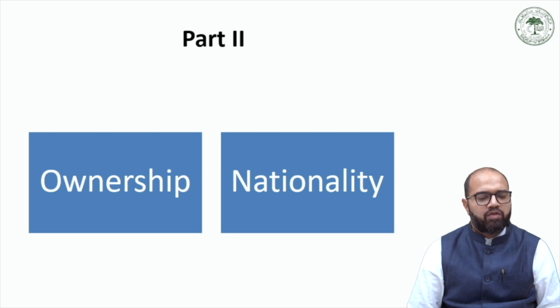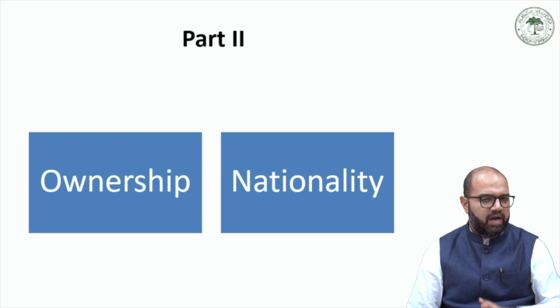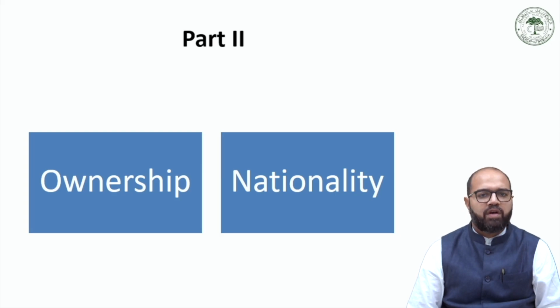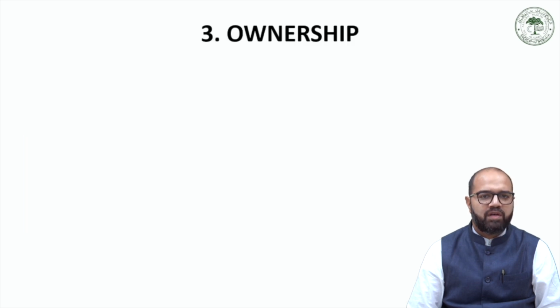We would be taking up their concepts, features, structure, points of differentiation, along with the provisions governing them under the company law. So in the previous part 1 lecture, I had already laid out before you the framework of the 9 kinds of classification. The classification under the first two heads, that is mode of incorporation and liability, was taken up in the part 1 lecture. Now in the part 2 lecture, we shall be taking up the further two classifications of ownership and nationality. So ownership is the third kind of classification we have.